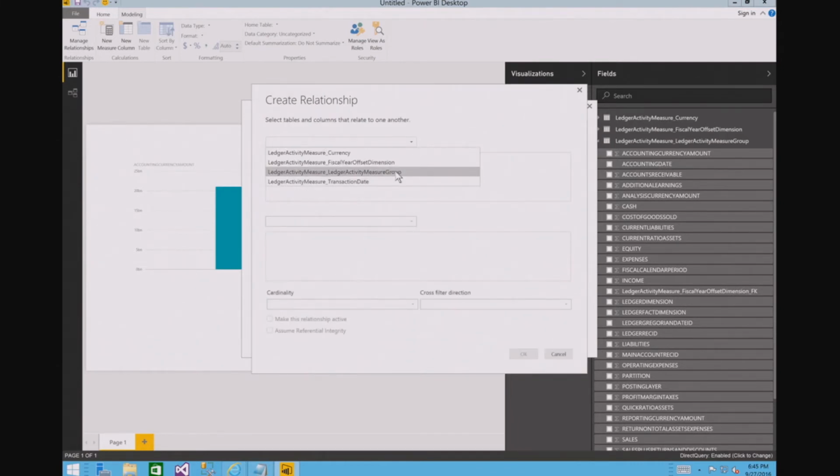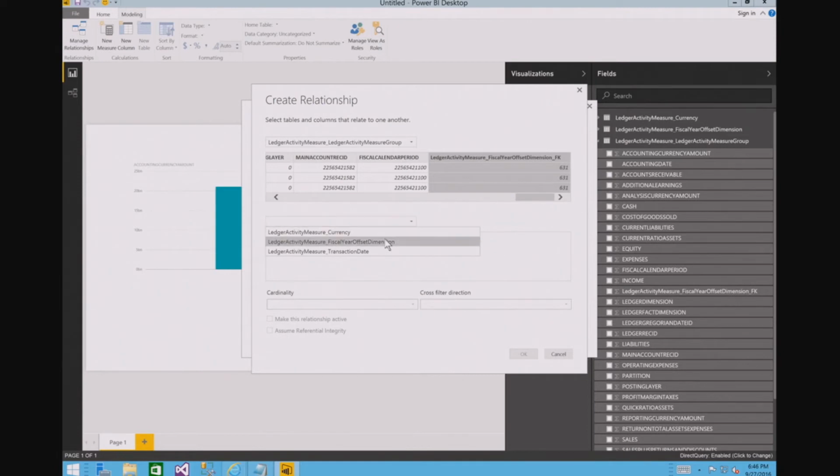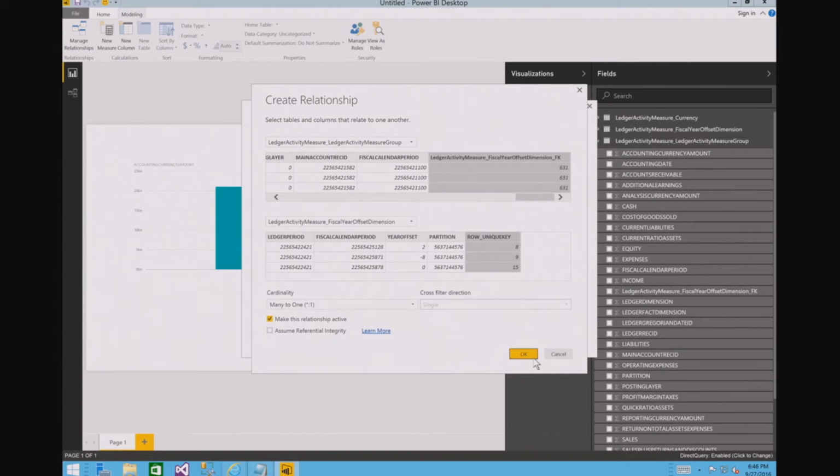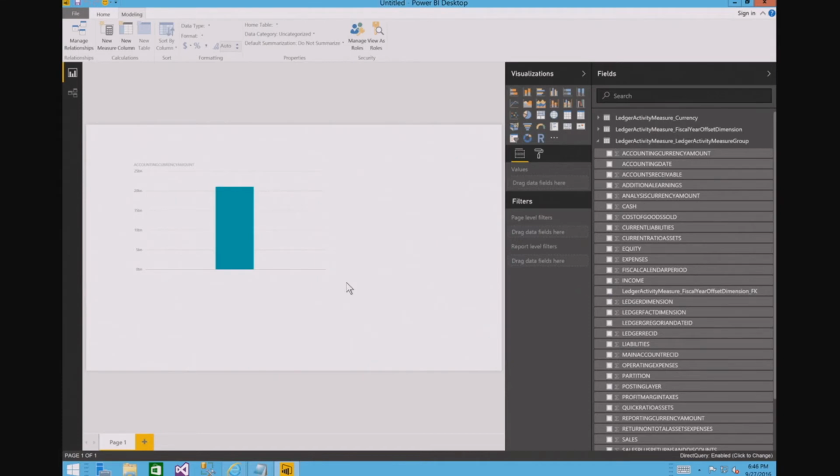So here's the measure group that I want to relate, and let me select this guy, my foreign key that was created by the system. I want to relate it with the fiscal year offset dimension. So it actually tells me what that FK relates to. So if I select the fiscal year offset dimension and I select row unique key. So basically what the system has done is it has actually created composite keys to all the dimensions that are related, that I related back in AX. So the idea is now I can actually combine